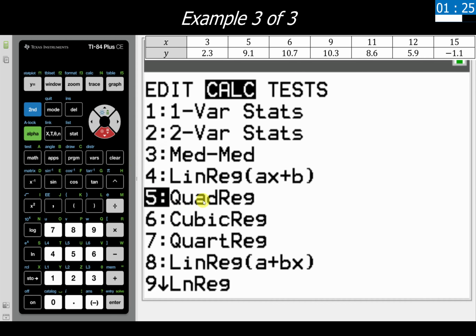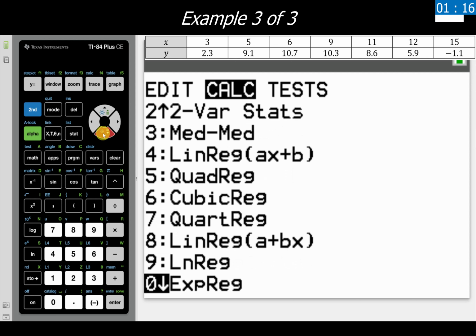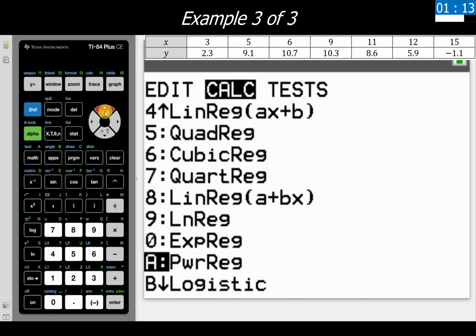Now before I hit this button, I do want to note, if we were going to do an exponential regression, we would be scrolling further down. It's a little bit different depending on your calculator, but it should be written as ExpReg for exponential regression. So I just want to note that this option is here, and it is something that you might be using with your problems, and just where that is in the calculation options. But for this problem, we're doing a quadratic regression. I'm going to go back up to QuadReg here.